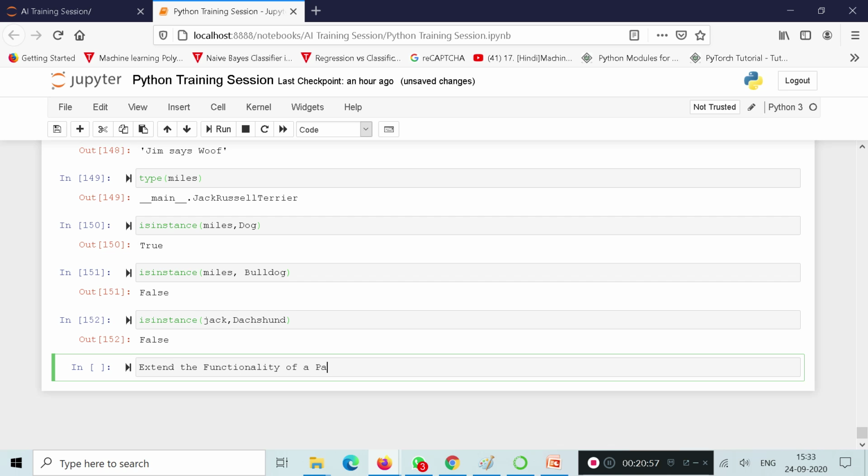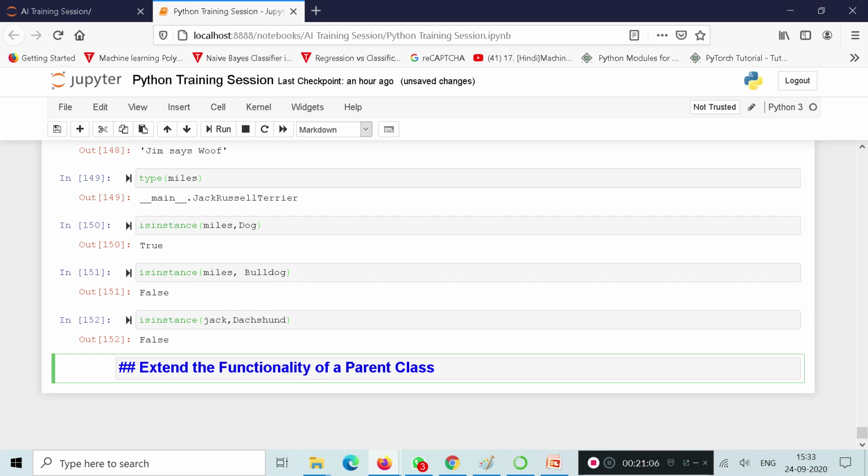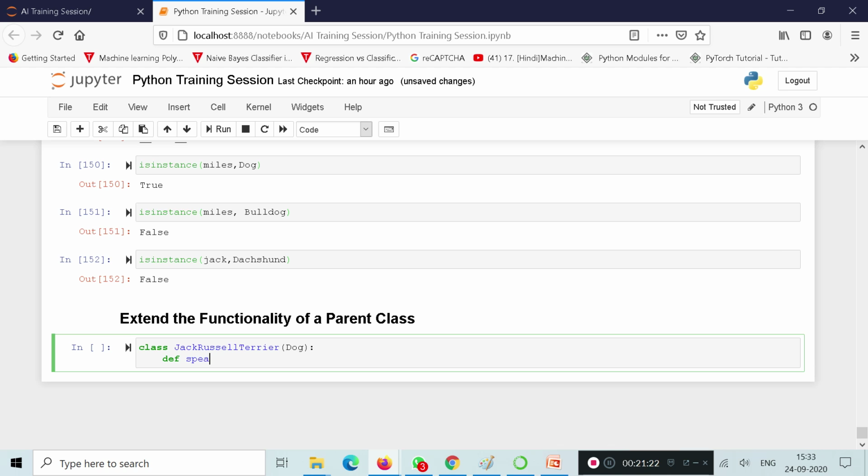This will extend the functionality of a parent class. Let's move to this heading and I hit 2, that will be a small header, H2, right? Now, class JackRussellTerrier(Dog) is a child class, and Dog is a parent class. def speak(self, sound="Arf"):